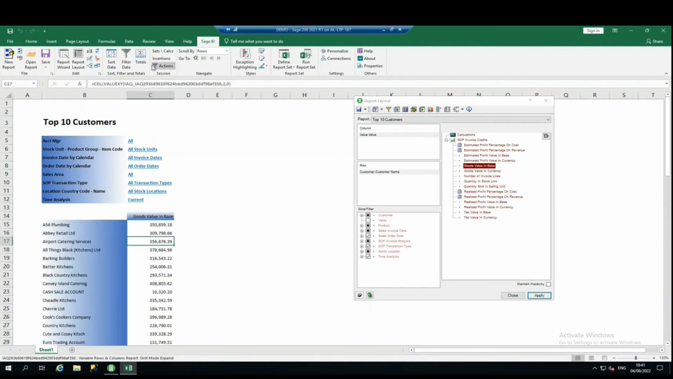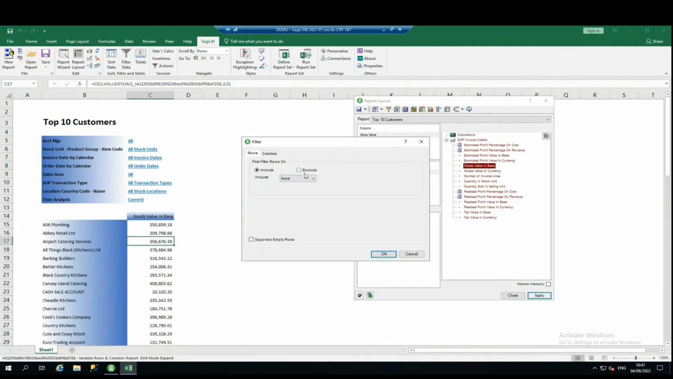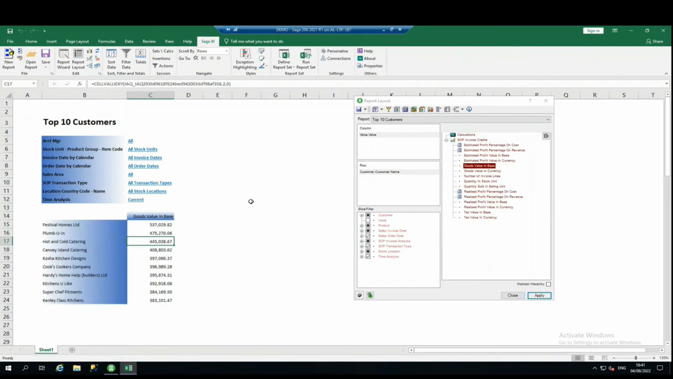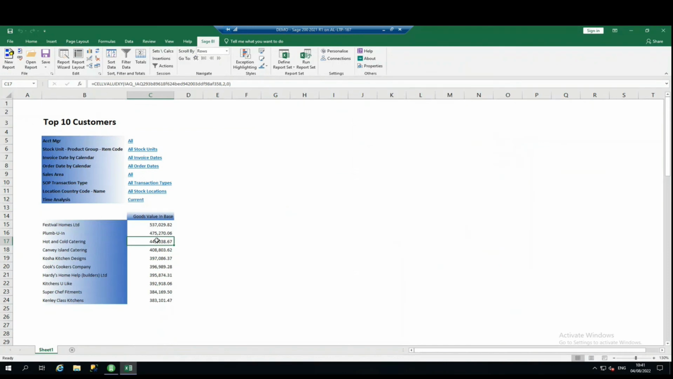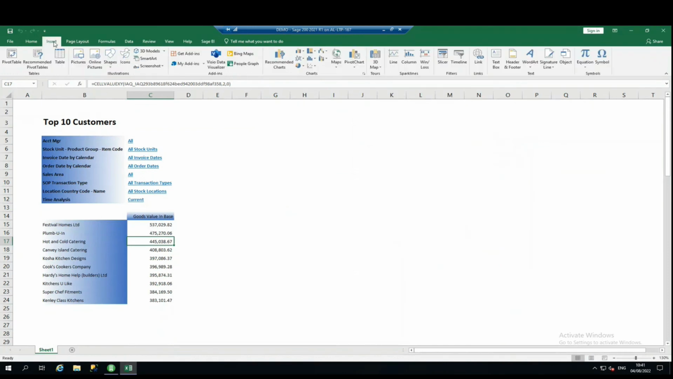So that gives us the data, and then we want to filter that data to say, well, I only want to include our top 10 customers based on goods value in base currency. For this example, I can create multiple filters. So that gets me my data, and then we can do what Excel does well. Then we can start inserting